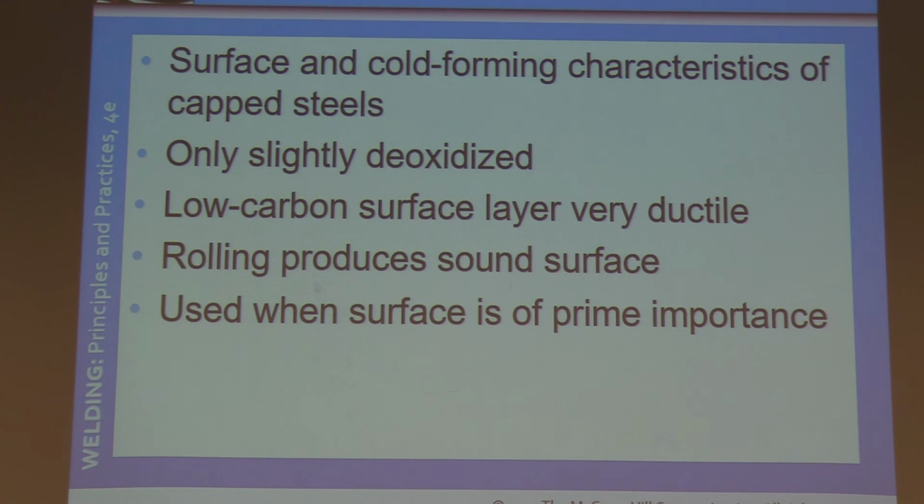They are only slightly deoxidized so that a brisk evolution of gas occurs as the metal begins to solidify. Here's the important bulleted point: the low carbon surface layer of rim steel is very ductile. So it can be easily drawn or put through rollers,